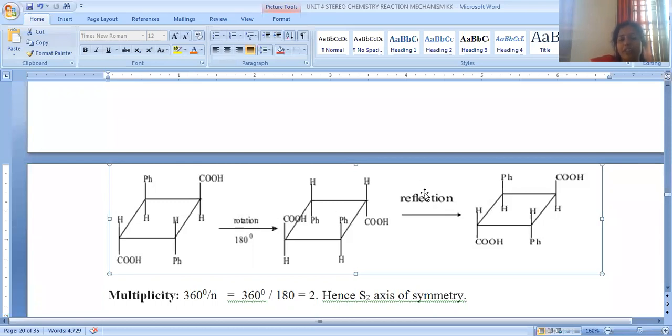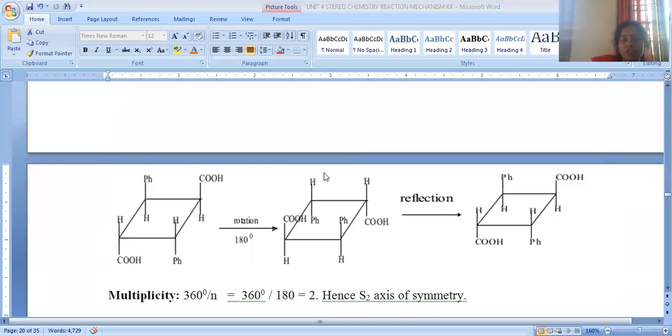We have to reflect, meaning we have to keep one mirror upon this. When the mirror is kept on this, these two are reflecting like mirror images. Okay, so this is down, right? The COOH group is down at this position. Now, when we keep the mirror, in the mirror the COOH group looks up. That's the reason why after rotation, if two isomers are mirror images, if two isomers are reflections of each other,